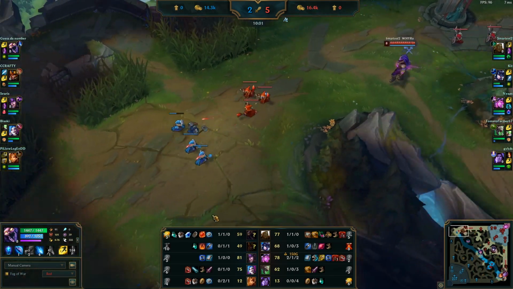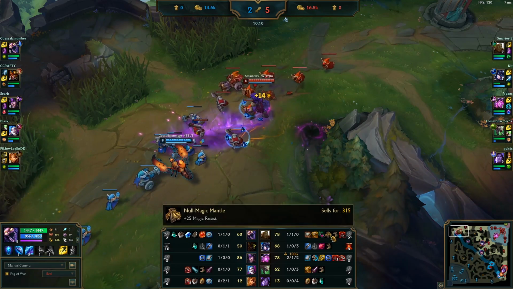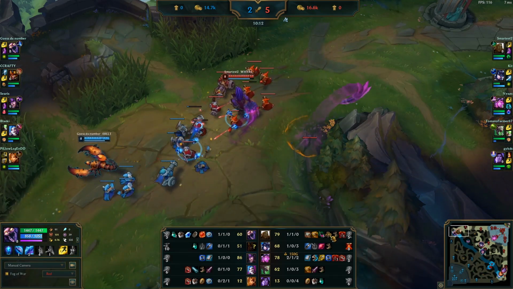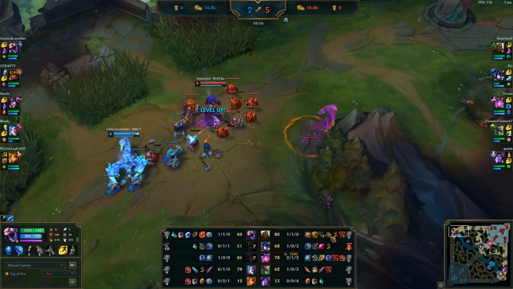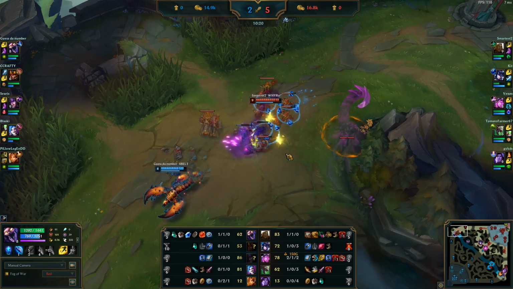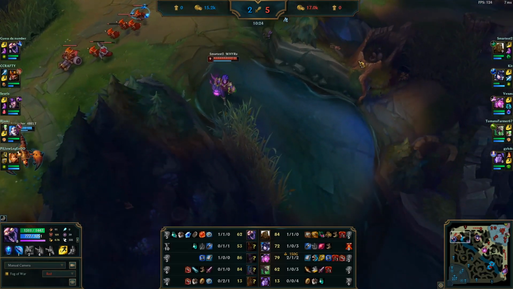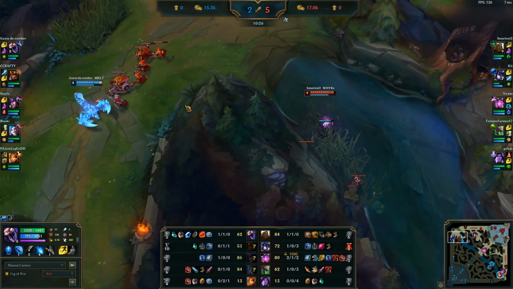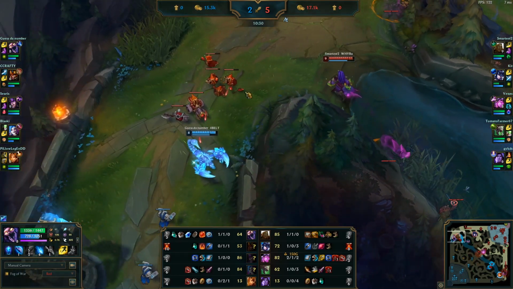Back from lane, and at this point, as you can see, I bought no magic resist immediately. I'm like, okay, that duration is a little bit nerve-wracking. I need to play around that a little bit more. I need to rush Merc Treads in this lane. I also could have switched over to Black Cleaver rush, knowing that he was stacking a little bit more armor. But I decided, okay, I'm going to go for Merc Treads and I'll go for sustain, because